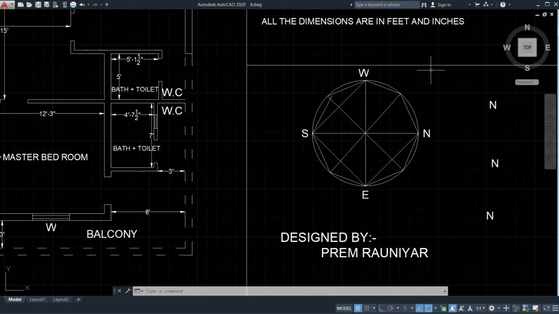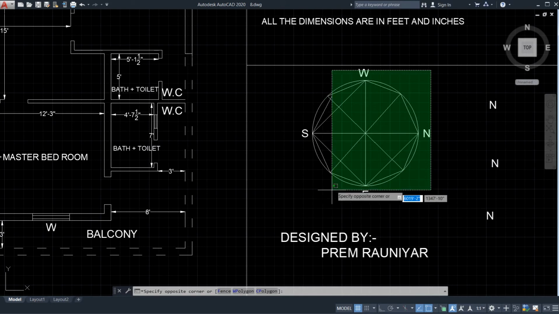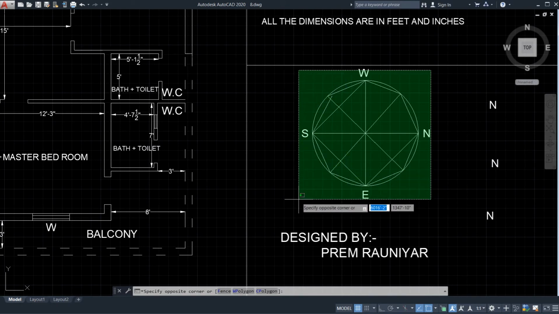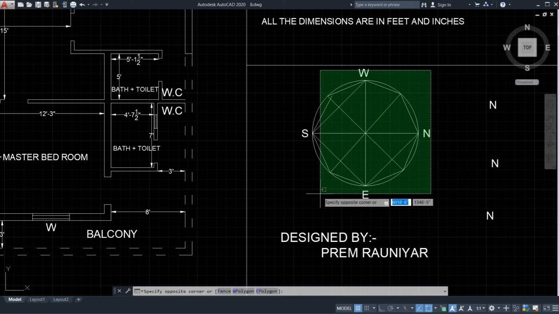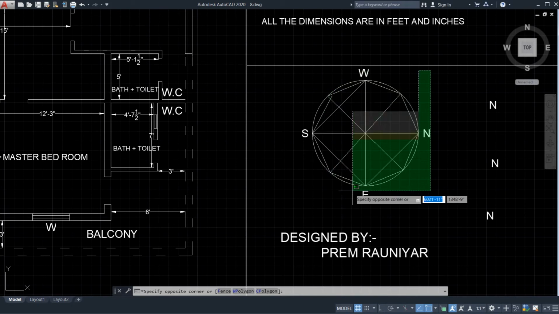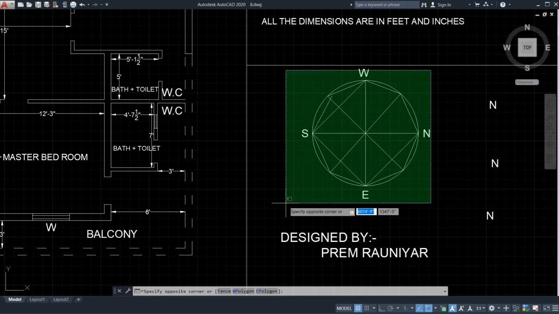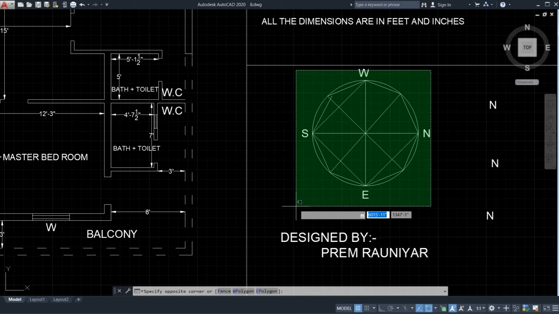Now move your mouse without pressing any buttons, from right to left side. See, the selection covers the entire object.